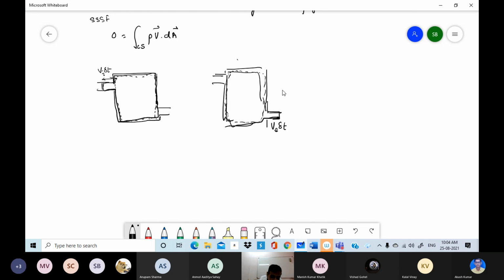We know that if I consider a system which has a fixed amount of mass, the mass in the system remains constant, so the rate of change is 0. If I know the link between the rate of change of mass for the control volume and for the system, from that I can make a statement about what the rate of change for the control volume would be. Similarly for energy, we know the change of energy is given by the Q added minus the W expended by the system. So to get that link,